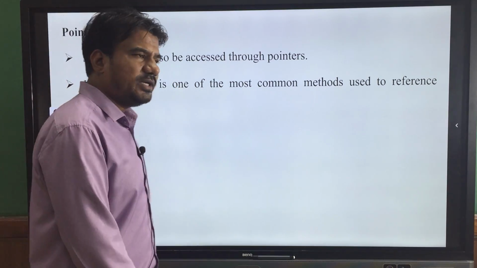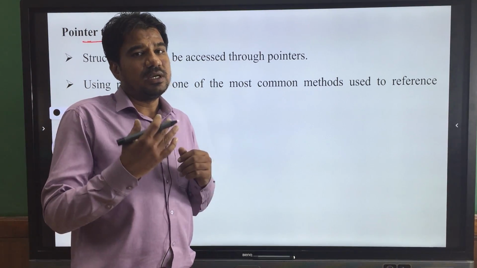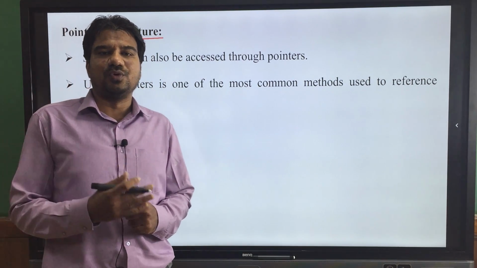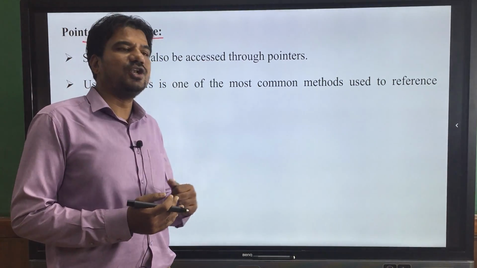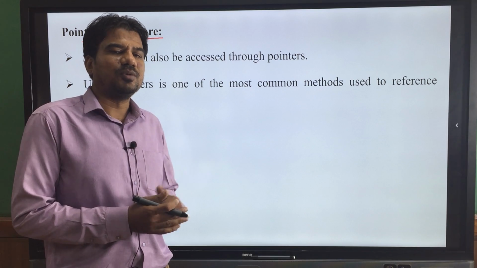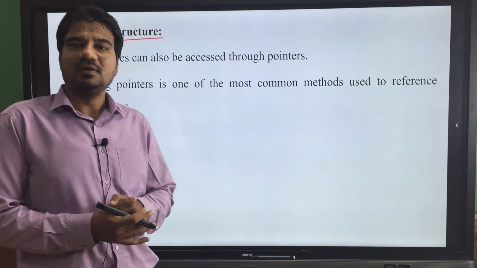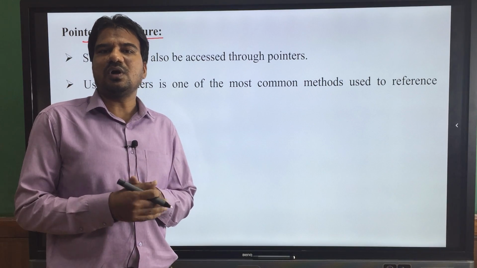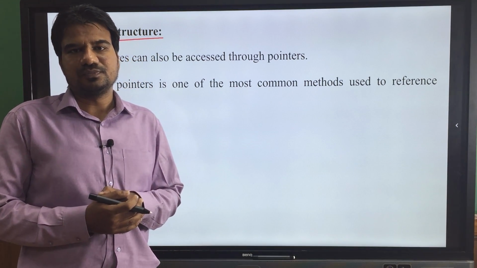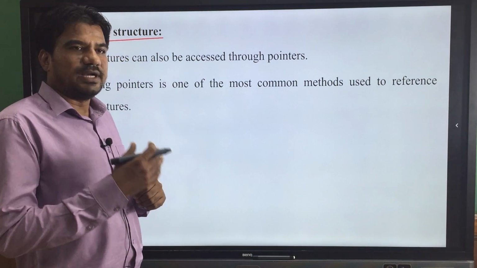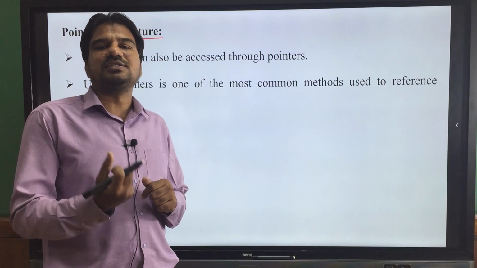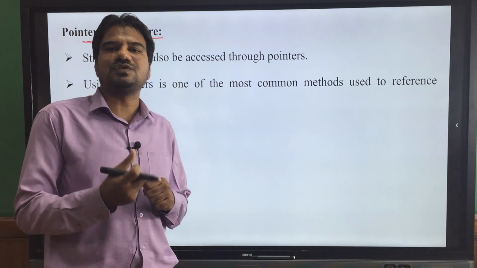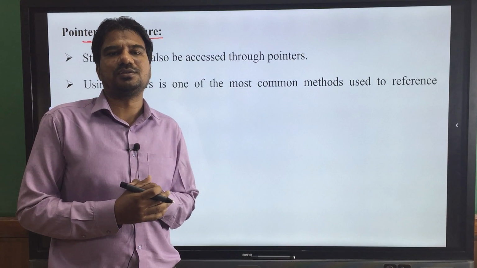A pointer is also a variable. In detail we are going to study about these pointers in your 5th unit, but for now I am just giving the introduction to pointers because we have the concept here in pointers to structures. So pointer is also a kind of variable only. Being a variable, it also holds memory and it is also capable of storing something into it.